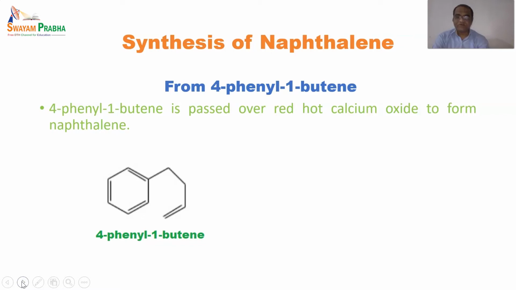So this is the structure of 4-phenyl 1-butene. As we can see, it is a phenyl ring with 4 carbons, and in these 4 carbons the double bond is at the first position, so it is given here as 1, and the phenyl ring is at the 4th position as per the butene numbering 1, 2, 3 and 4, so it is called 4-phenyl 1-butene. So this 4-phenyl 1-butene